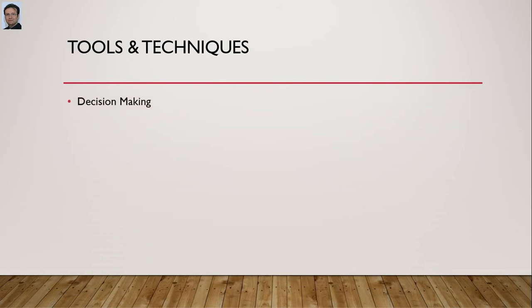Then there is decision making, which involves the ability to negotiate and influence the organization. Next is emotional intelligence, then influencing and leadership. The last tool and technique is called project management information system, which is software which we use to manage our day-to-day activities and overall planning of the project. You can use Primavera, you can use project software, you can use SharePoint. So different software we use to manage our project management activities and project management work.